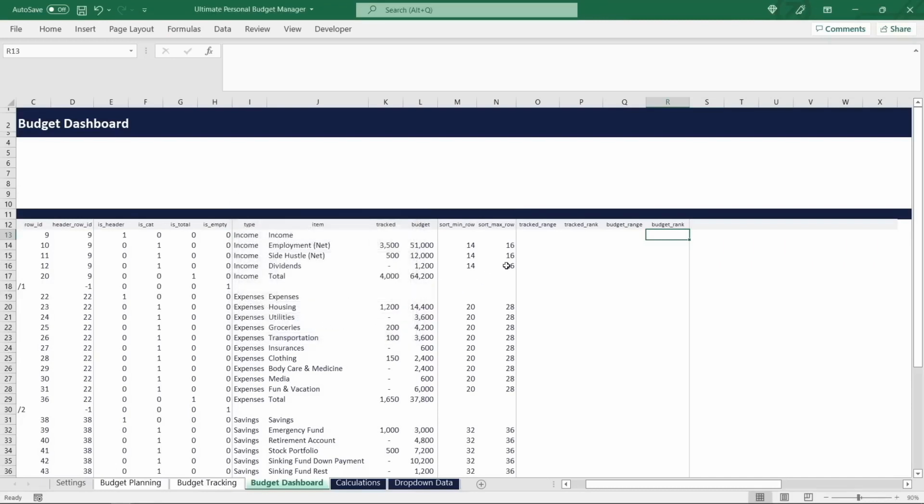Great! For composing the range address of the relevant tracked amounts, we can use the address function, for which we only have to provide the sort min and sort max values and the correct column. So let's start the formula by making sure that the values are only returned for category items, and then build that range address using the address function to first calculate the starting cell address based on the sort min row, and the column number of the tracked name reference,